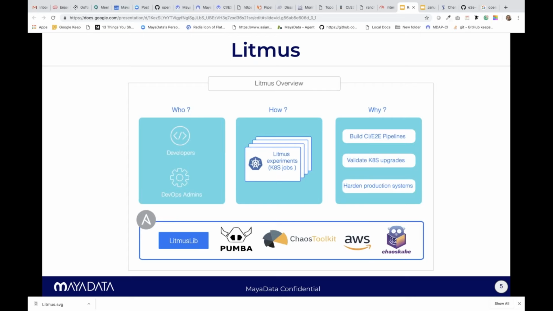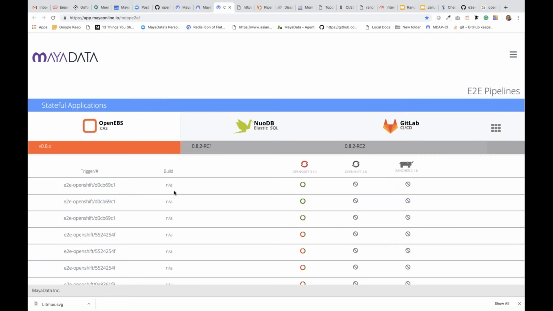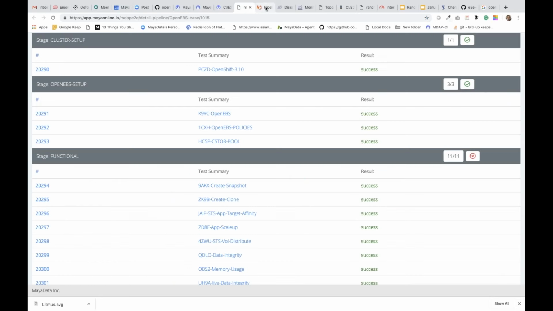And what's more important is each pipeline will have a set of jobs, which are nothing but Litmus books. I have, for example, 31 jobs here, from deploying Kubernetes itself to deploying certain applications, then running some functional tests, and then chaos tests. All these are nothing but predefined Litmus jobs.